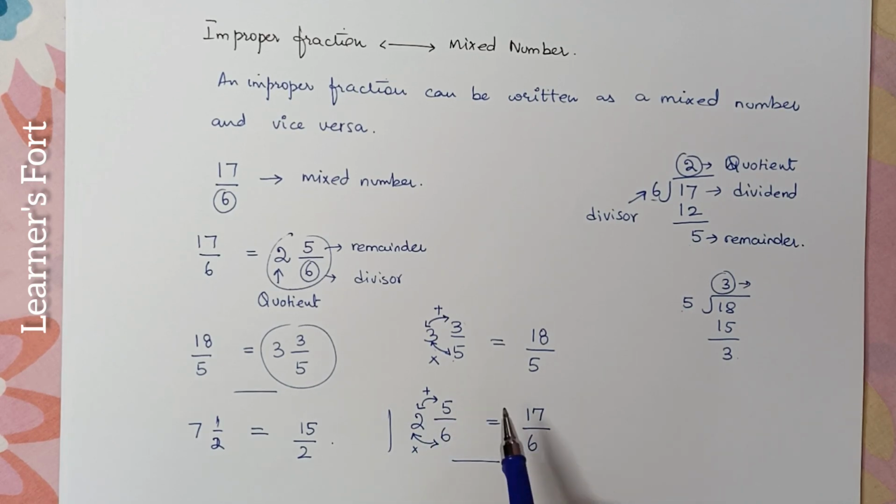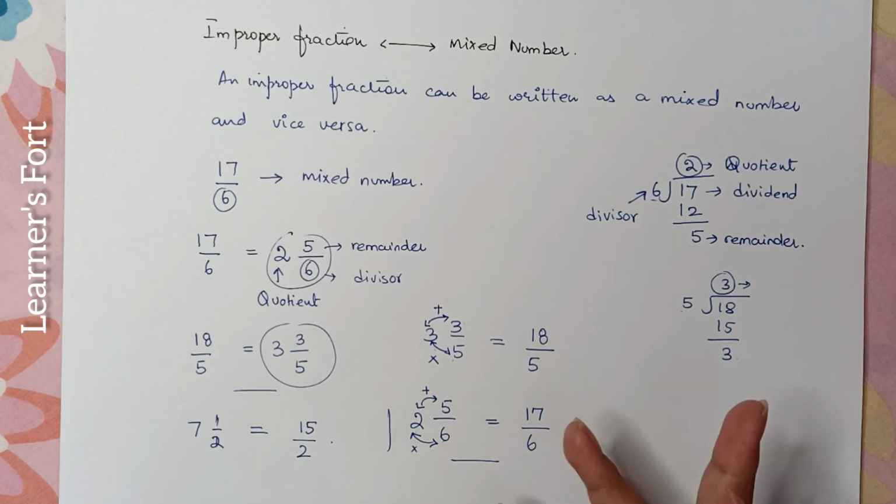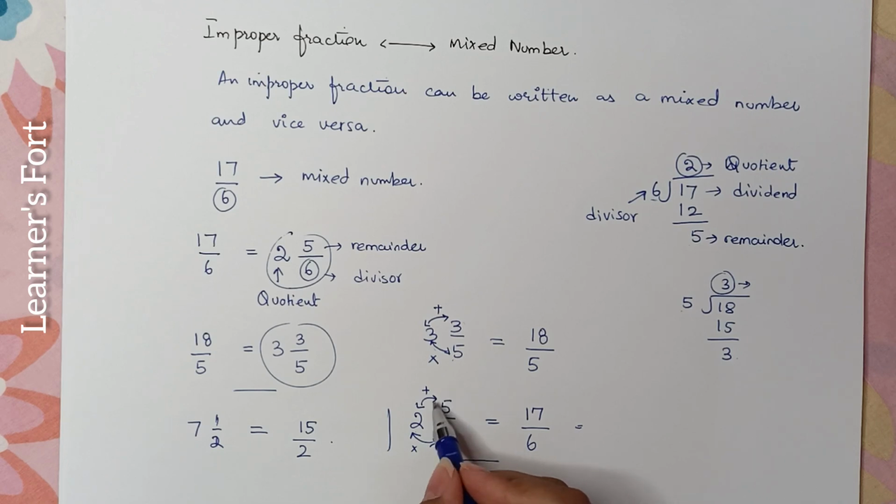The DMAS rule is division, multiplication, addition, subtraction. So the first thing, multiplication, after that addition. Got it? It's easier to remember, because sometimes you do get confused whether the addition comes first or the multiplication. So just remember the DMAS rule. You start clockwise from the bottom, multiply the denominator and the whole number together, and then add the numerator, and the resulting answer